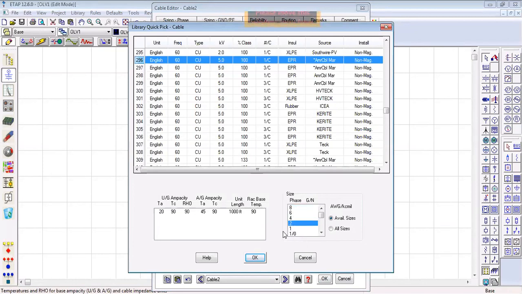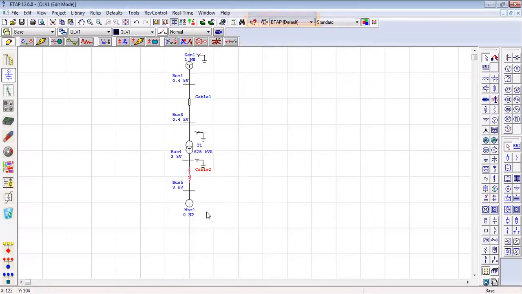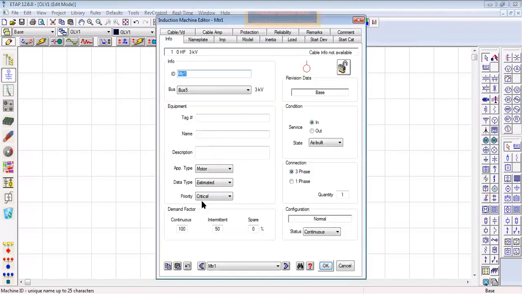Or this one is okay, just press here OK and this appears. If you want to change it, this one is the copper cable. Okay, and it's a service, and the rest of the things are okay now. Just press here OK. And last, this one is our load, that is the induction machine motor.